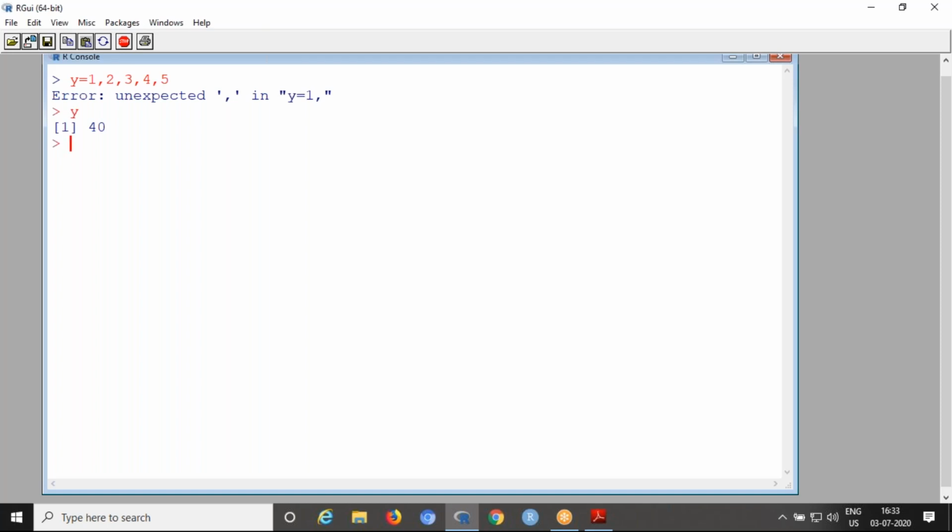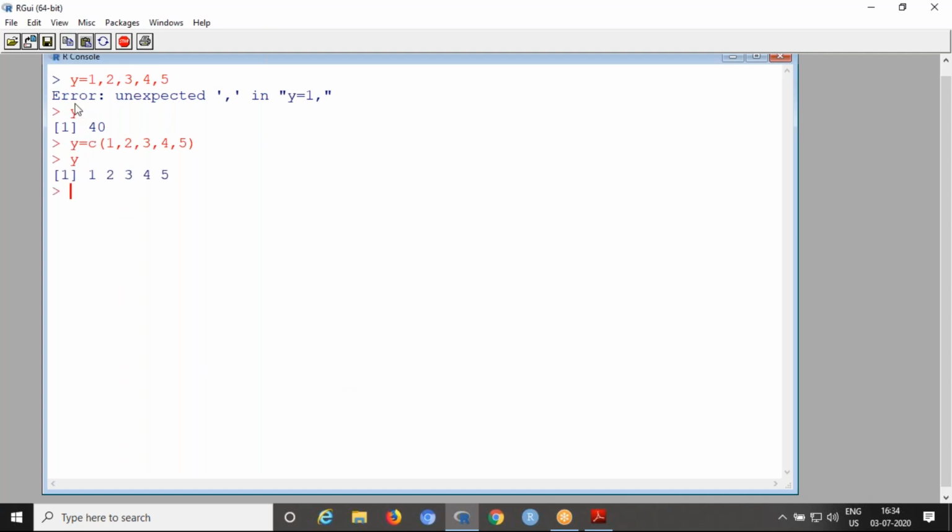So now if you want to use the c command, y equal to c of 1, 2, 3, 4, 5. Now this data is moved to y, which can be displayed in the form of a vector.